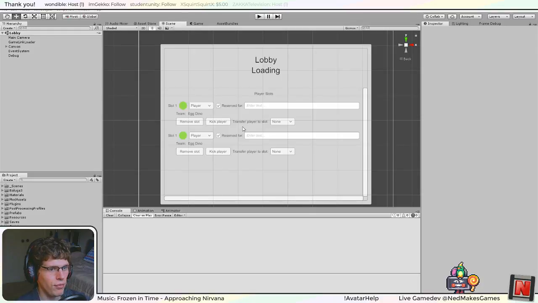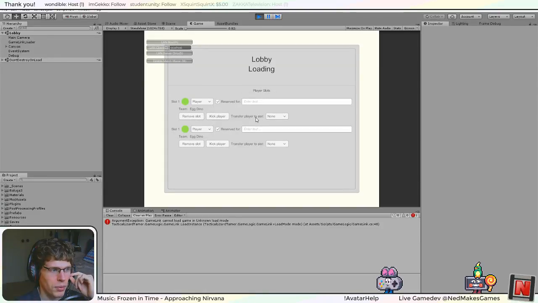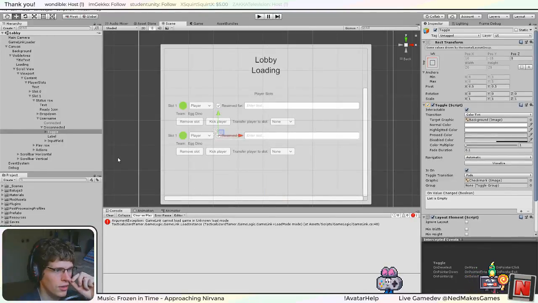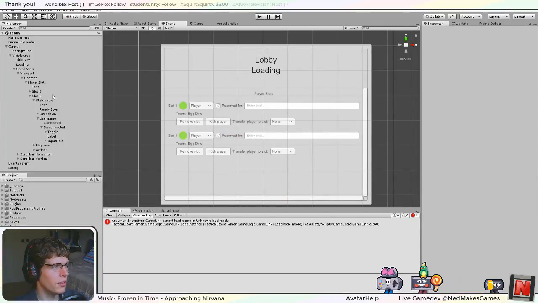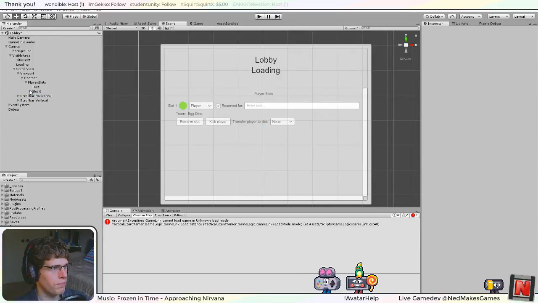But okay, so let's go ahead and get back to the lobby. We are working on adding these player slots, and I think I'll continue with that today. I realized over my break that I'm forgetting something. Oh yeah, I can't actually interact with it from the editor, of course. So for example, let's just remove this second slot. This first one,